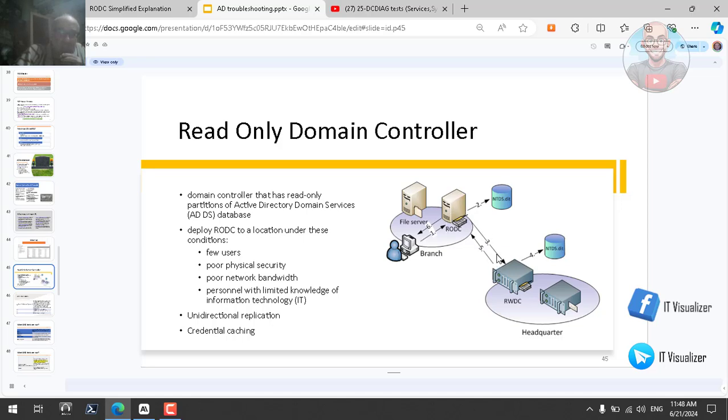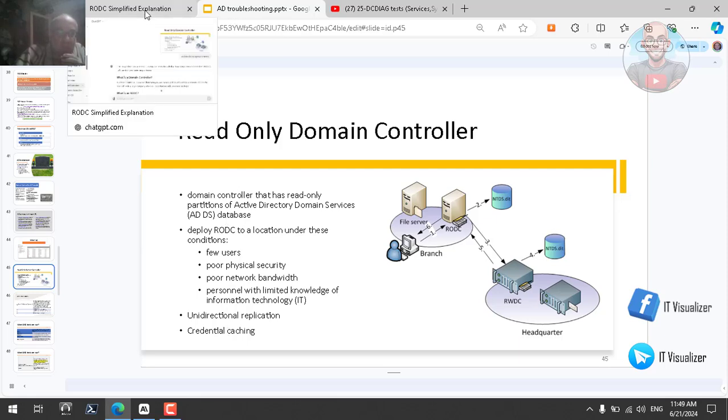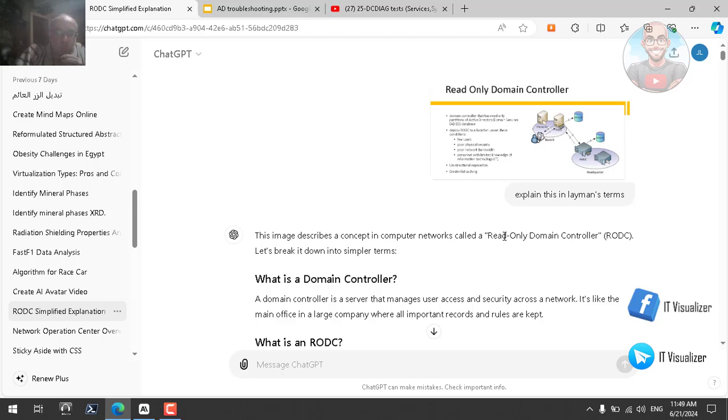Okay, so to shorten this process, you can cache the credentials on the RODC so the user can log in directly, or shorten the time the user takes to log into the domain. This is called credential caching. We will ask ChatGPT 4o to explain